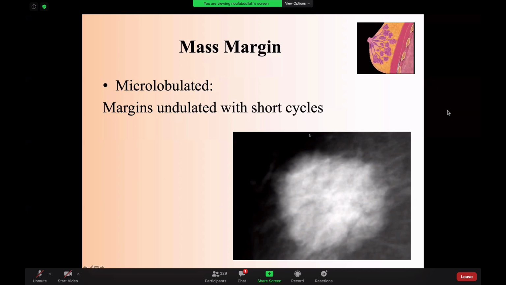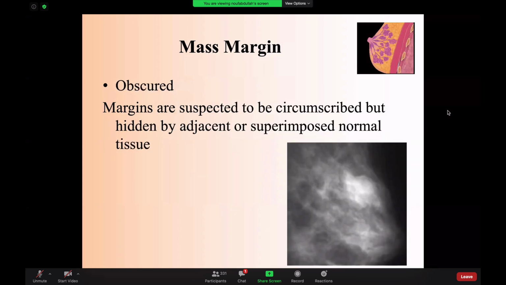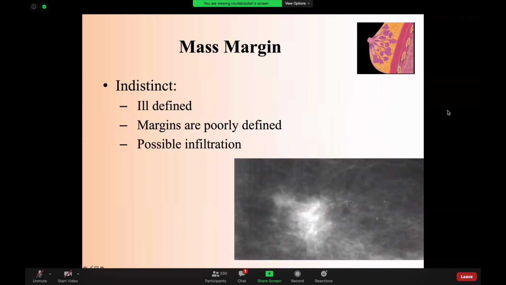Microlobulated is when you see these tiny lobulations in the breast. You will be able to see them best on tomosynthesis or on compression views. When I see something like that, most of the time it is malignant. It is not usually seen in benign lesions. Obscured is when you think that overlapping tissue is preventing you from looking at it. Sometimes you might do a compression view, however, you will not be able to identify all the margins, and in that case, you will need an ultrasound for further characterization.